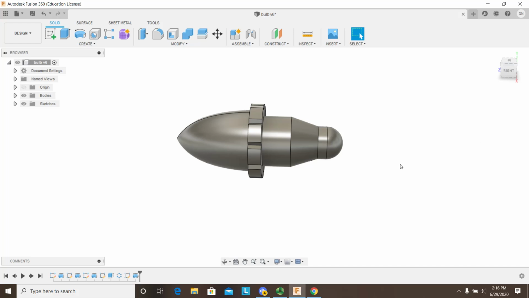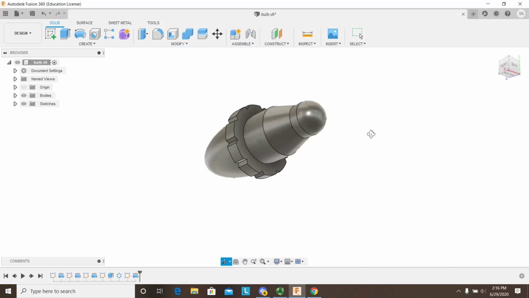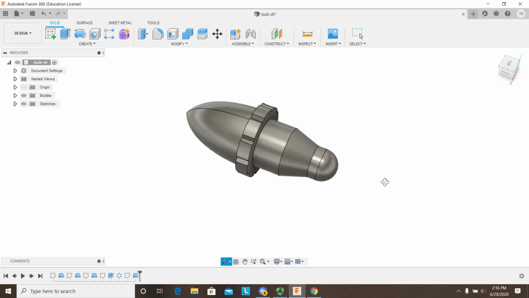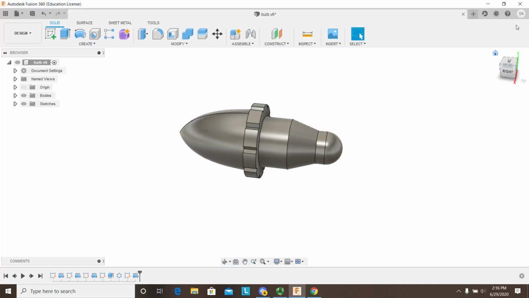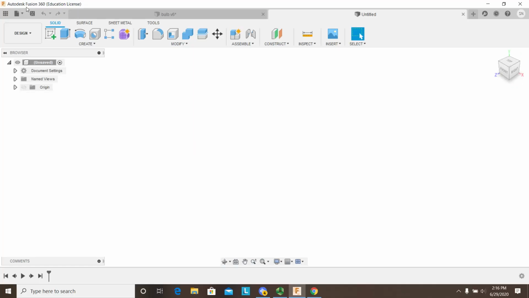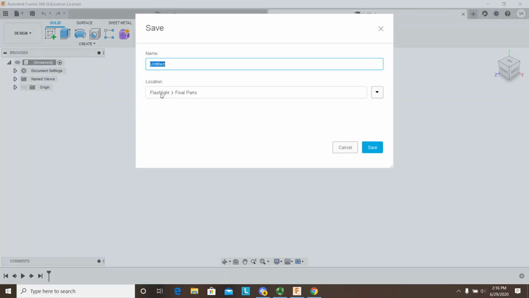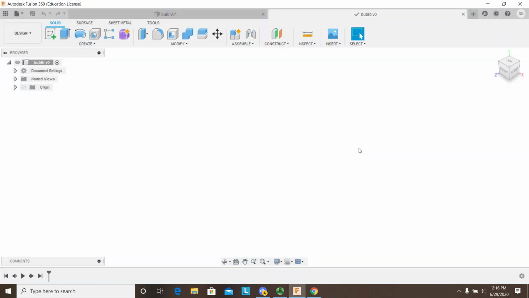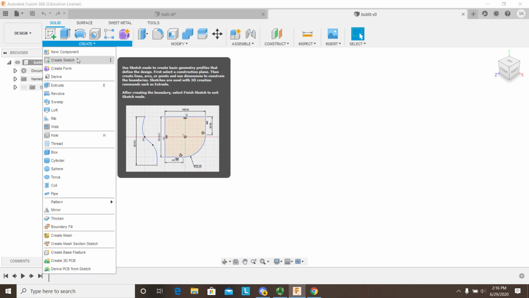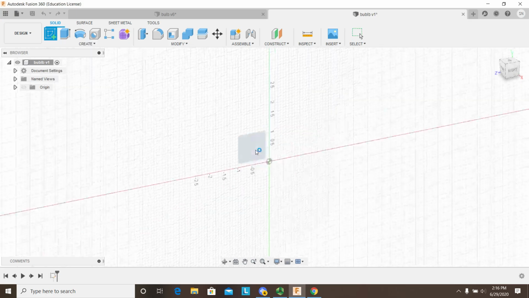Alright, today we're going to create the bulb for the flashlight, and this is what the finished product will look like. So start by creating a new file, save as the bulb, and we're going to start with a sketch on the right plane. So create sketch on the right plane,